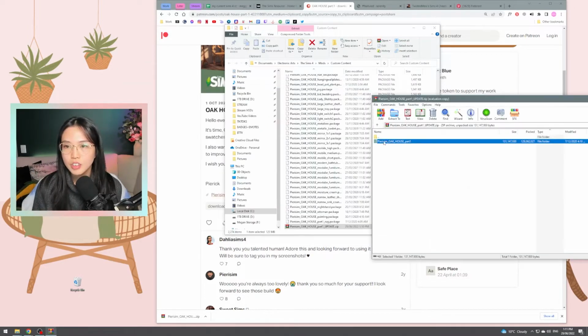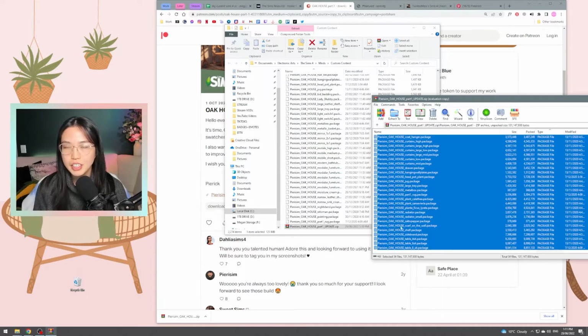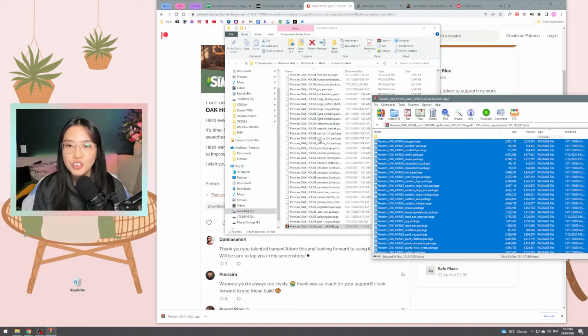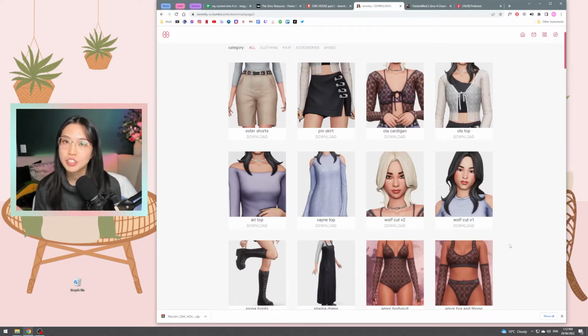So double click, open up the file, and then what you would do is simply select everything, or you can obviously pick and choose and drag everything straight into this folder. I already own all of Oak House, so I'm not going to drag it in, but that is all you do. You just simply drag it in. Then obviously just delete the zip file out. The exact same process applies for Create a Sim as well as your gameplay mods,